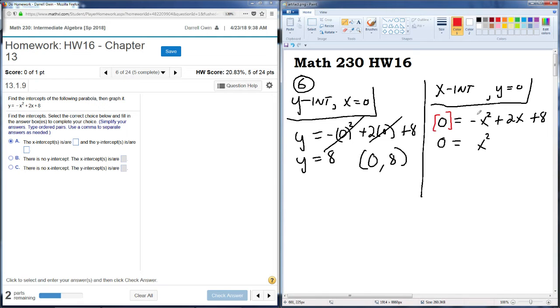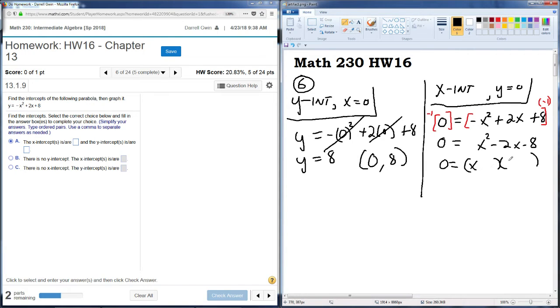Negative to positive, positive to negative. The reason is that anytime you're factoring, you must always GCF the negative if the leading coefficient is negative. Now I should be able to factor this